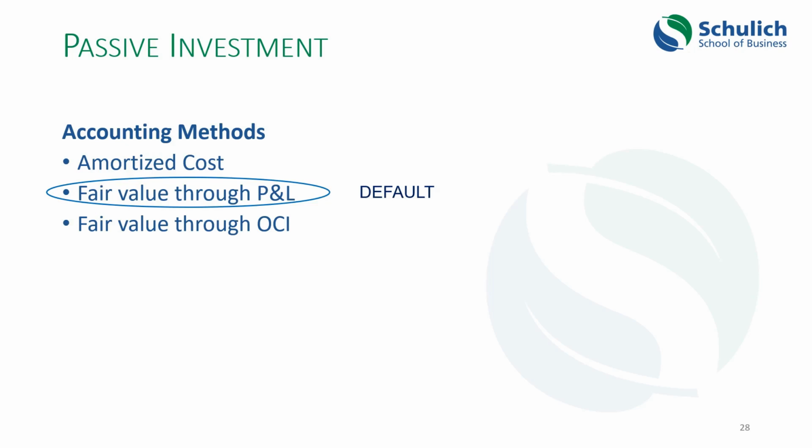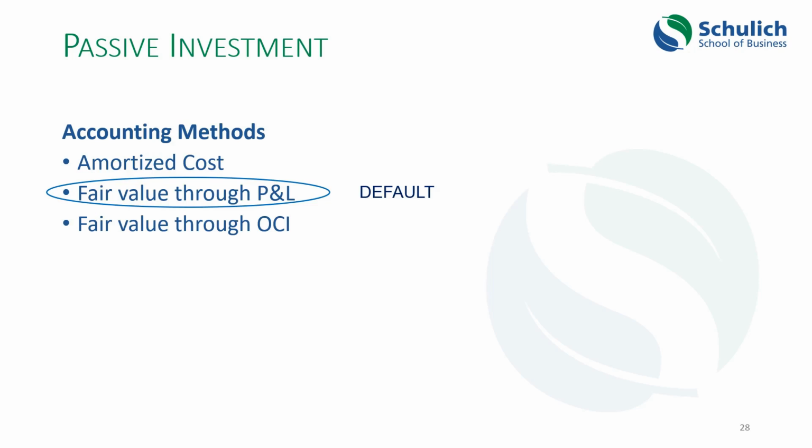And it's not until the company gets around to actually parting with that investment in 3 years' time that the difference between its original purchase price and the sale price would be recorded as a gain or loss on the profit and loss statement. So at that point, any accumulated other comprehensive income related to that fluctuation in fair value would be taken out of accumulated OCI and put through the profit and loss as a gain or loss, and it would then be transferred into retained earnings at the amount of the overall gain or loss over time.